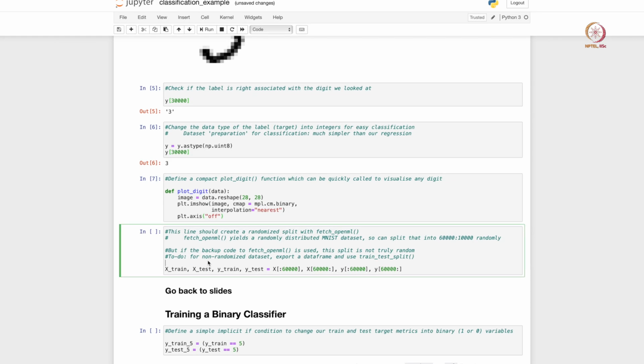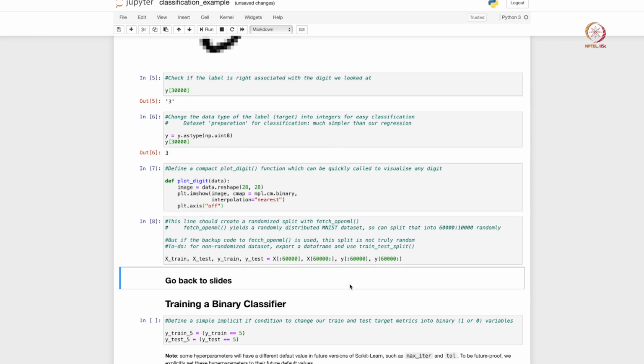And then let's do a train test split. Unlike the regression exercise, where we tried random splitting and stratified splitting of the data set, fetch_openml already gives us very well shuffled data, and we are dealing with a classification problem with very standard images. Each image is only a 28 by 28 pixel image, and each image is grayscale. So we do not have to do a lot of cleaning before we create the train test split. So what we are going to do is a very simple train test split.